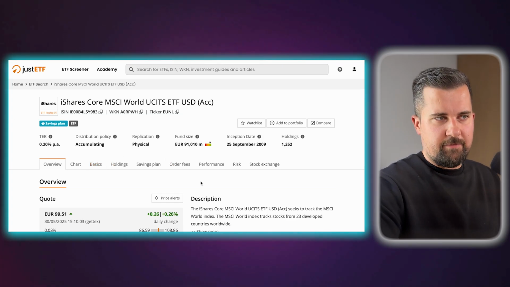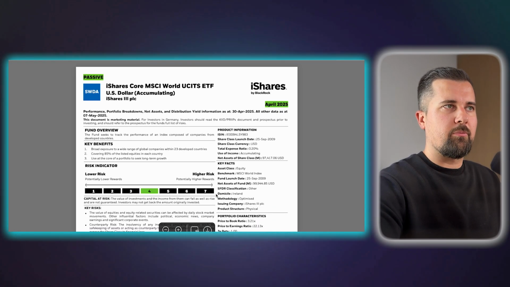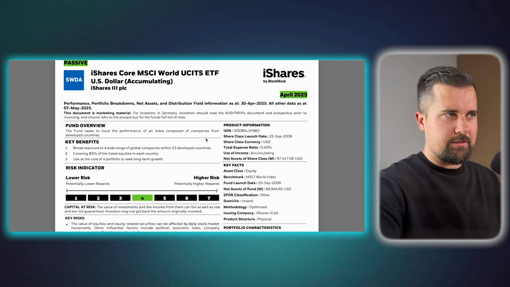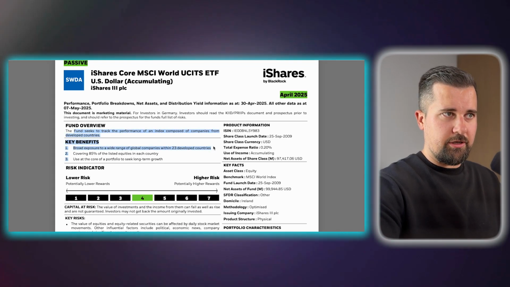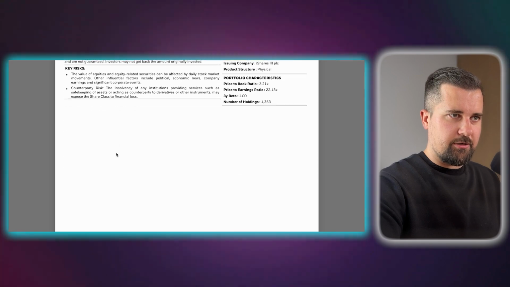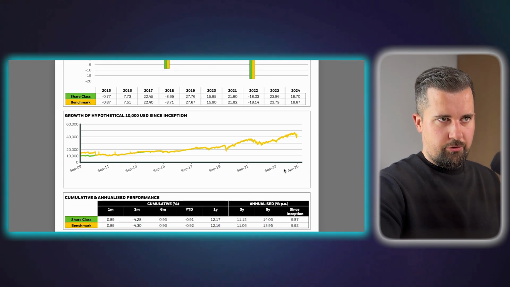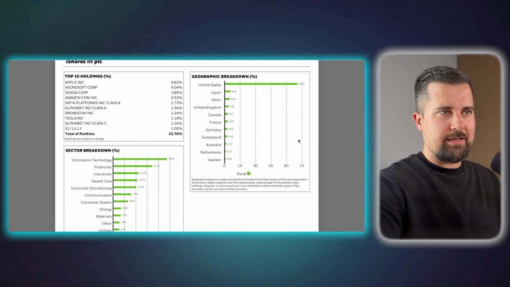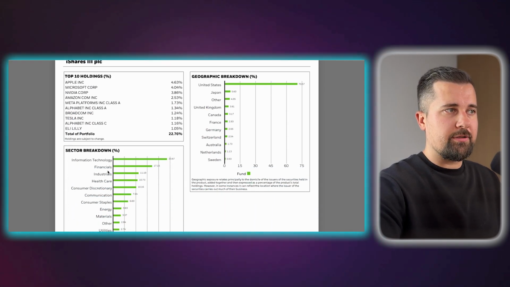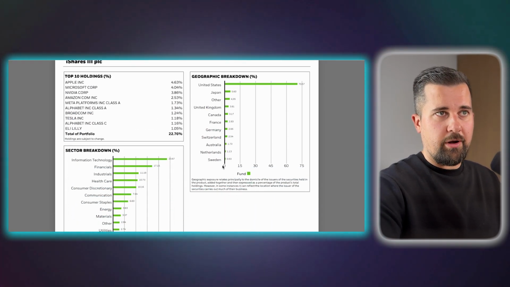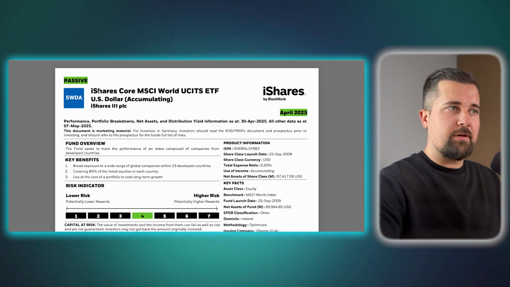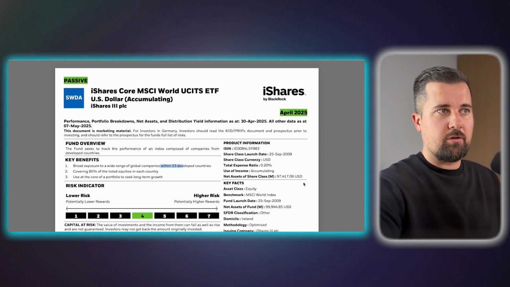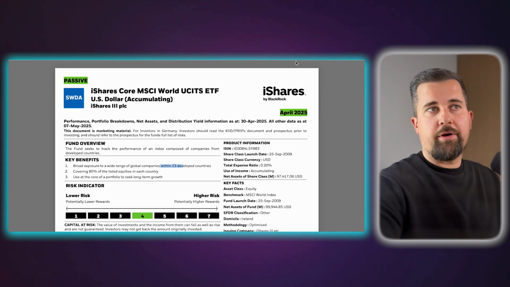Now the JustETF website gives us a bit more information on where we are investing. We can open the fact sheets, KIDs, and so on, and read about which index, which countries, and so on. Look at historical returns, like 1 year, 3 year, 5 year examples, as well as the top companies, top sectors, and geographic breakdown. If you do decide to invest either in MSCI World, which is developed countries, 23 developed countries altogether, or the S&P